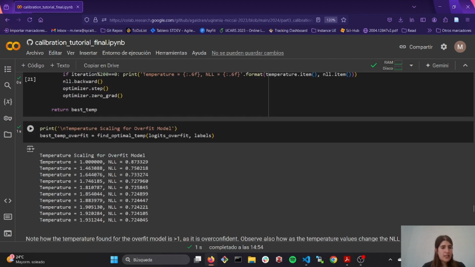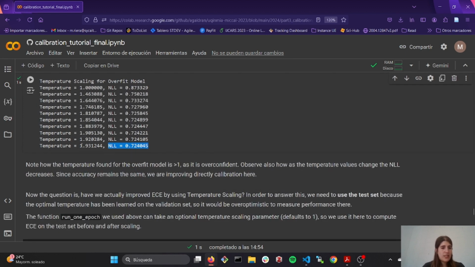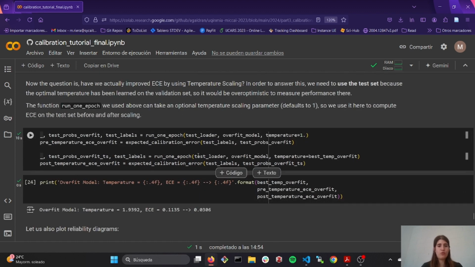And here we can see how the temperature changes during this optimization of the parameter, and here how the negative log likelihood reduces until it cannot be reduced anymore. So here we see that the temperature is way bigger than 1, meaning that this model is overconfident. So let's see how this applies to the ECE. When computing the ECE after using temperature scaling, we can see that it is reduced from 0.1 to 0.03, which is a big